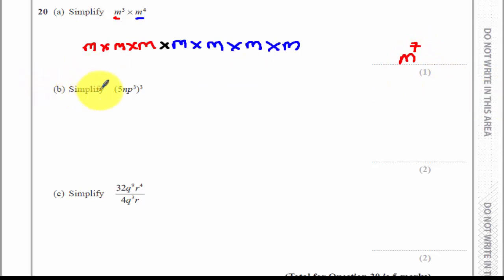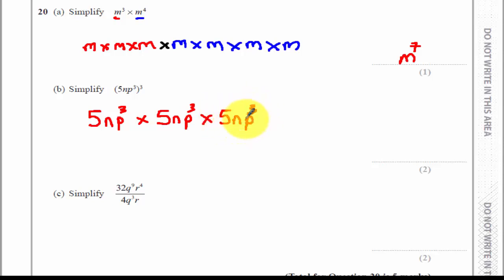Part B, simplify 5np cubed, all cubed. Again, there is a quick way to do this, but if we just write it out longhand, because there are 2 marks here, it gives the examiner a chance to give you a mark if you make a mistake. I've got 5np cubed, and if you cube a number, you times it by itself 3 times. So what I'm doing now is timesing it by itself